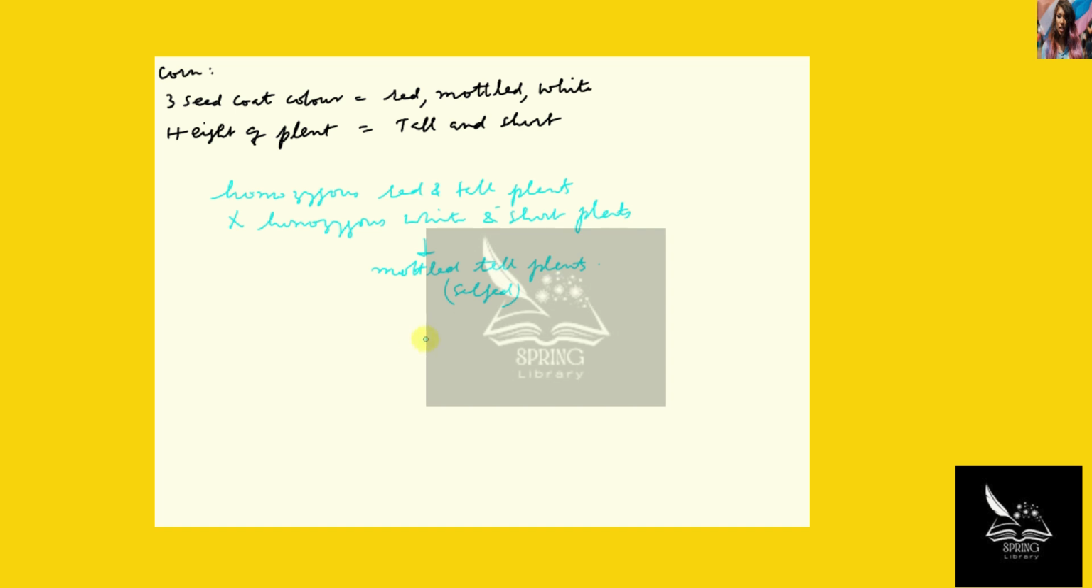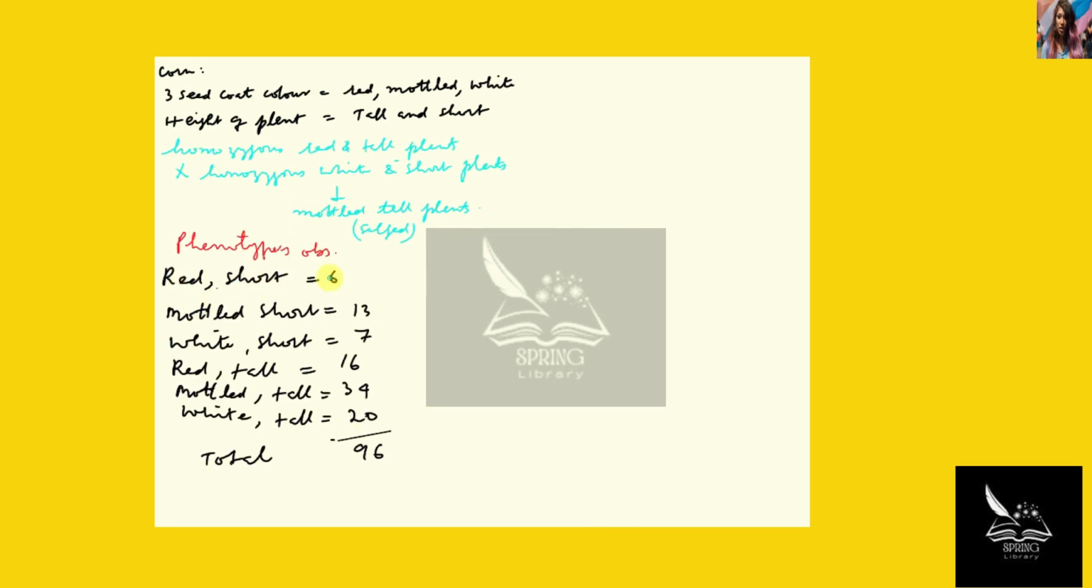we get the following number of plants with indicated phenotypes, which is indicated below, which is red and short 6, mottled and short 13, white and short 7, red and tall 16, mottled and tall 34, white and tall 20, and the total number of offspring is 96. Now on the basis of this data, the question asked is, what would be the expected